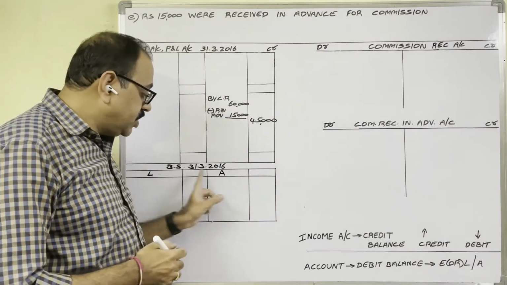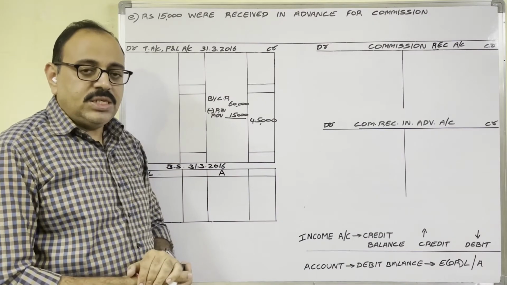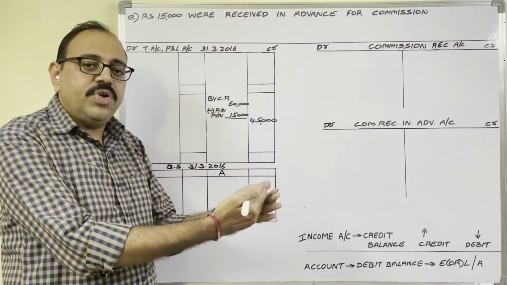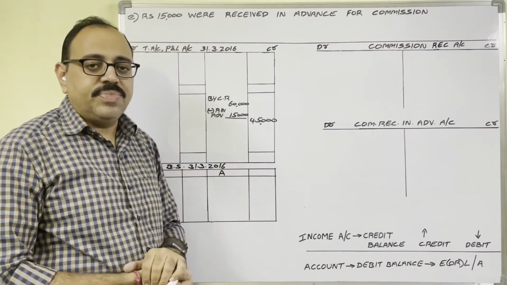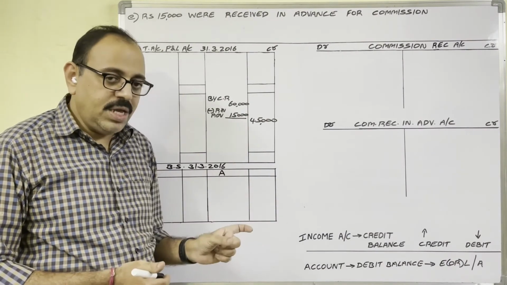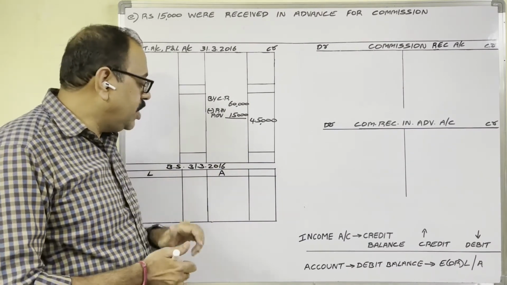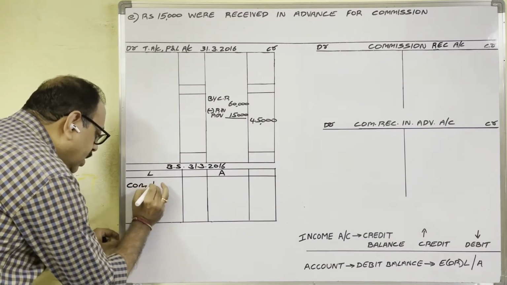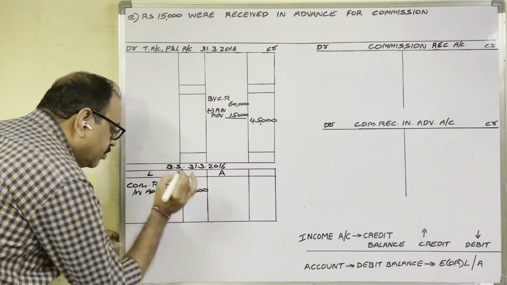And in the balance sheet, we should show next year's income that we have only now received. It means we are liable to another person. Without giving them the benefit, we received commission from them, which means the firm is liable to them. It is a liability. Income received in advance is a liability. Income to be received is an asset. So on the liability side, we should show commission received in advance 15,000 rupees.